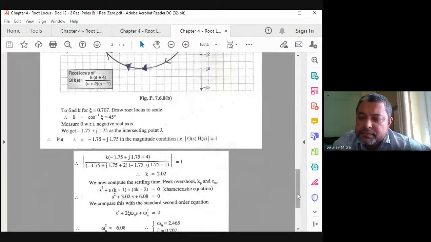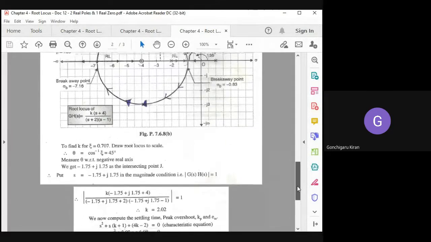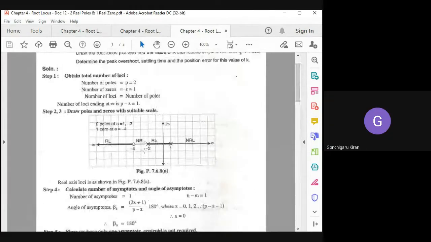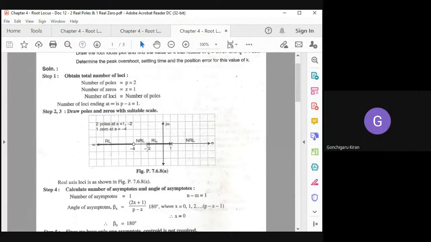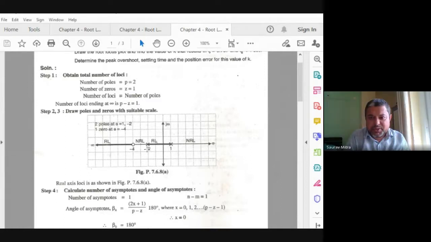Sir, how can we find the root locus lies between the poles, two points, before calculating the breakaway point? What is the rule? What is the rule you understood? Have you understood this? Yes, I understood, sir. Okay, have you understood why root locus is not there between minus 2 and minus 4? Yes, sir. That is clear, right? No, sir. How do we find the root locus is between minus 1 and minus 2? That is what I'm asking. Have you understood that point?